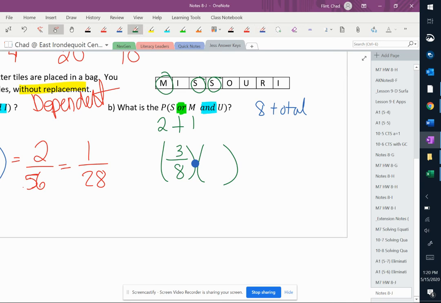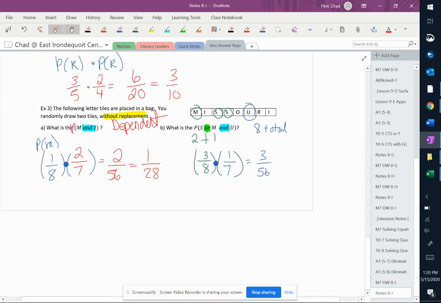Getting a U, there is 1 U out of 7 tiles. Because remember, I only picked 1 for that first piece. I picked an S or an M. 3 on the top and 56 on the bottom again. And that is not reducible. So there is your example number